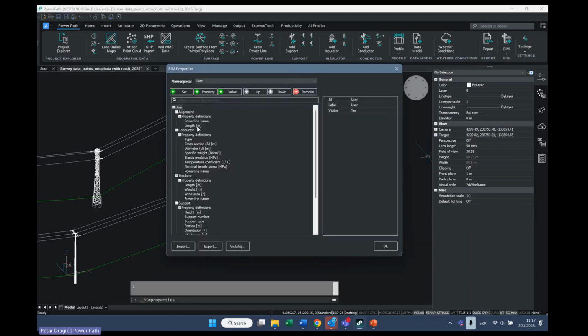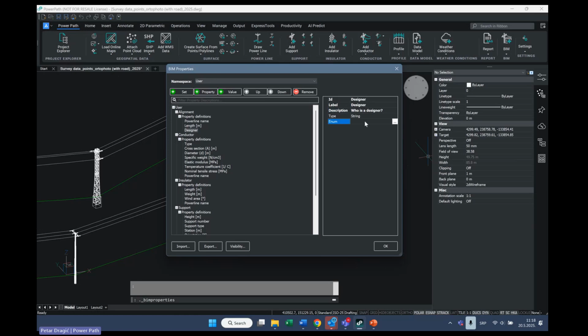Of course, if you want to add some new property, it is also possible. I'm under the property set alignment, and here I want to add a new property. For example, let's say this is a property with BIM attribute, for example, designer. Label, I will also put designer. Description, here let's define who is the designer.